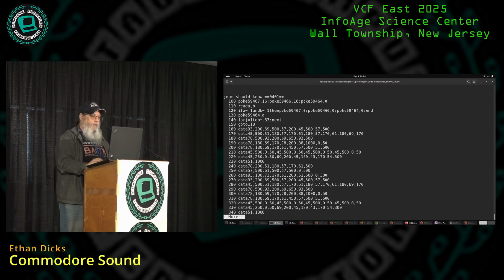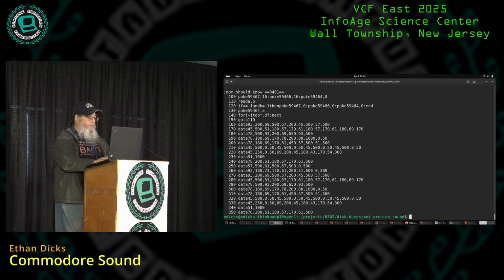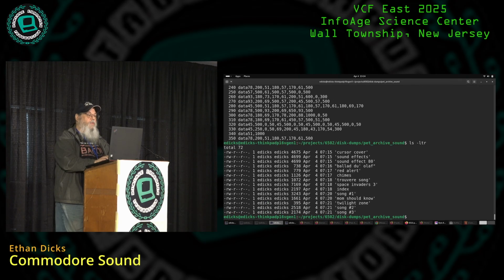So the other folks did things where you would store actual literal note names, A, B, C, D, put them into a data statement, and then convert those so that you're not typing and having to memorize what the numbers are. And it's just larger code. This has a 5-line playback routine. So that's pretty much the what's and whys and wherefores on